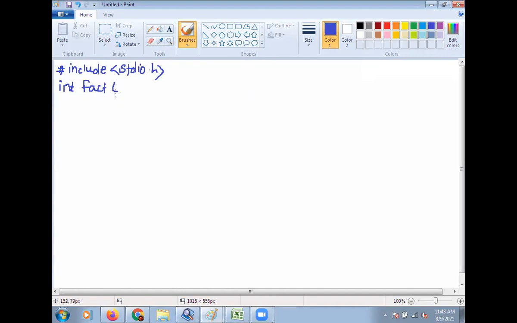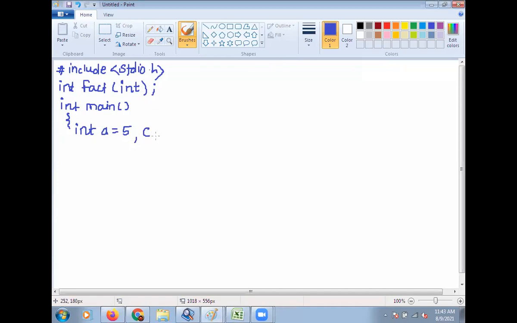And here we should pass the value, so that's why here we are taking int. Here we are passing only one value to this function, then integer main, then suppose declare integer a is equal to 5, then for storing value